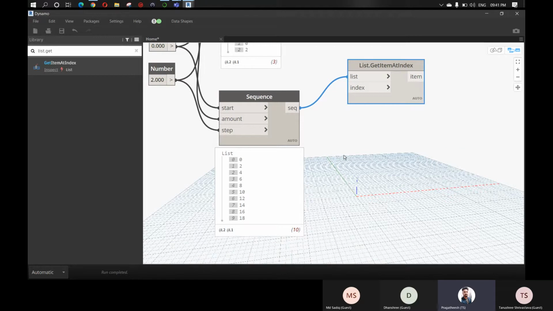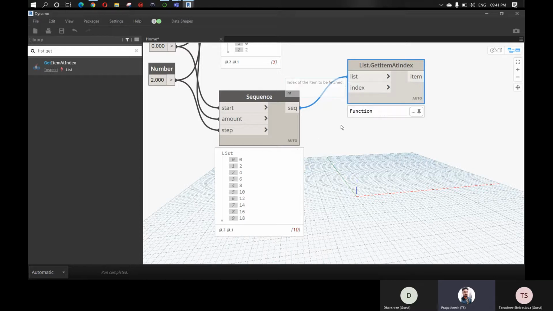When our data is arranged in a list, each item has a number in a gray rectangle called the index. Like we talked about earlier, the index is kind of like an address or an identifier for each piece of data in the list. So this node will help you get specific data from its index. Basically, it is used to point at any list and say I need the second item in this list, or the third item, or whatever number you specify in the index.